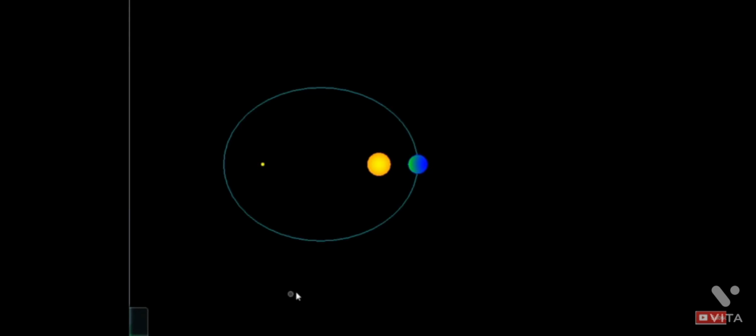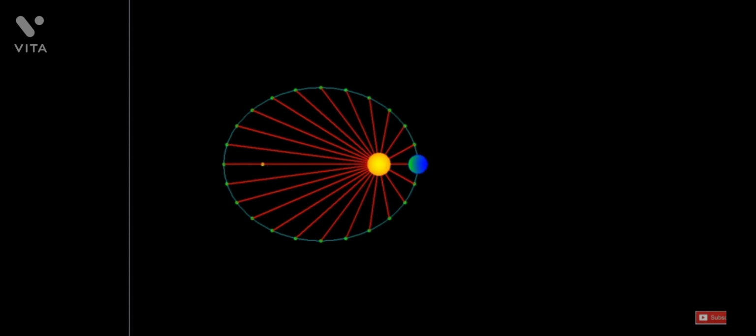So again we start with the three basic things: sun, Earth, and Earth's orbit around it. And we are going to take a few positions, somewhat evenly spaced, but that's not really necessary, on the orbit. And we are going to draw lines emanating from the sun and reaching to these points. Imagine this like a polar graph. Say the sun is at the origin, and each of these lines is a position vector of these points. So each line has a unique r and theta, the polar coordinate pair. And therefore, we have defined this curve in terms of these radial lines.